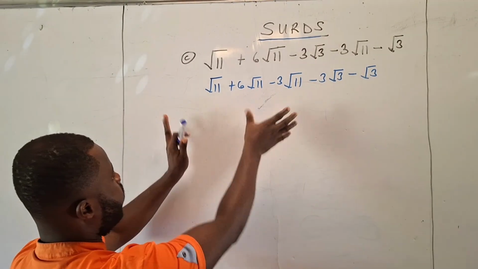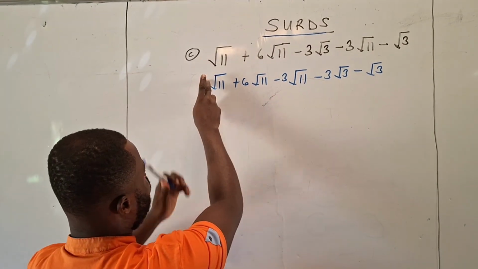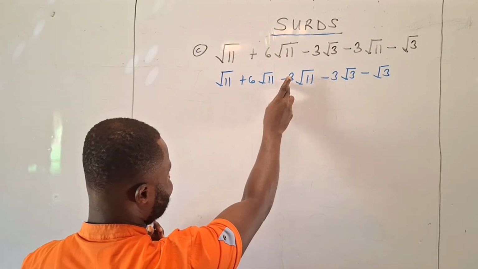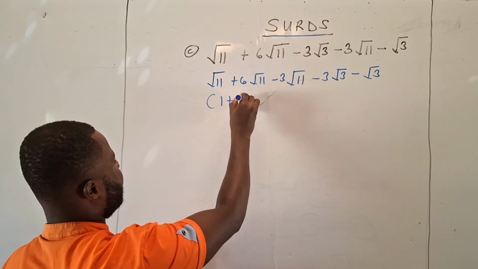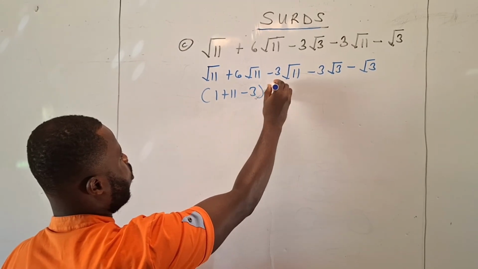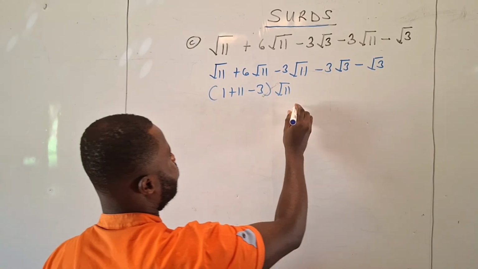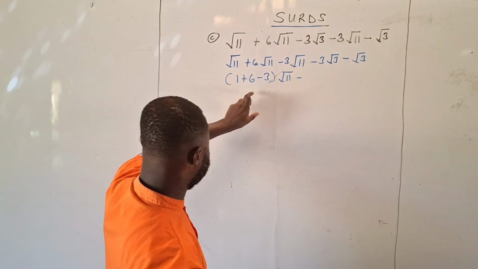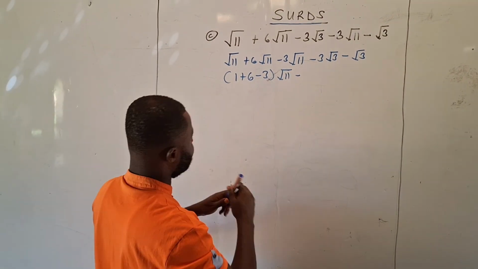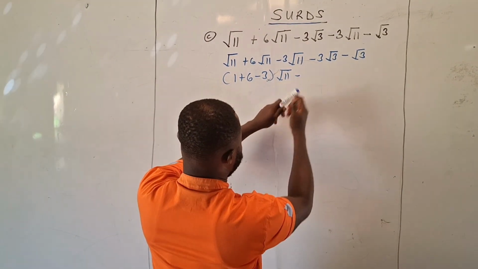So now, there's 1 here, here is 6, then here is minus 3. As we know, here will be 1 plus 6 minus 3, all root what? 11. Now we have this. Yes, so it's going to be 1 plus 6 minus 3 rather. Then minus